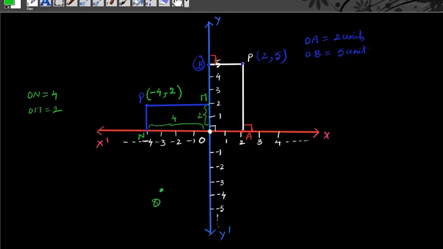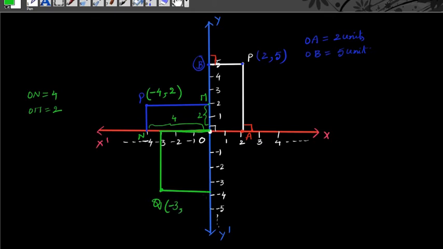Suppose this name is Q. How can you plot this point position? So you can make the perpendicular lines from Q to both the x-axis and y-axis. So this is one perpendicular line and this is the perpendicular line on the y-axis. Nearby this is -4. So now this point can be written as, how much is the distance from the origin to the foot of the perpendicular of Q on the x-axis? Here 3 units distance, and this 3 units distance is on the left side of the origin. That means we can take the x coordinate as -3.